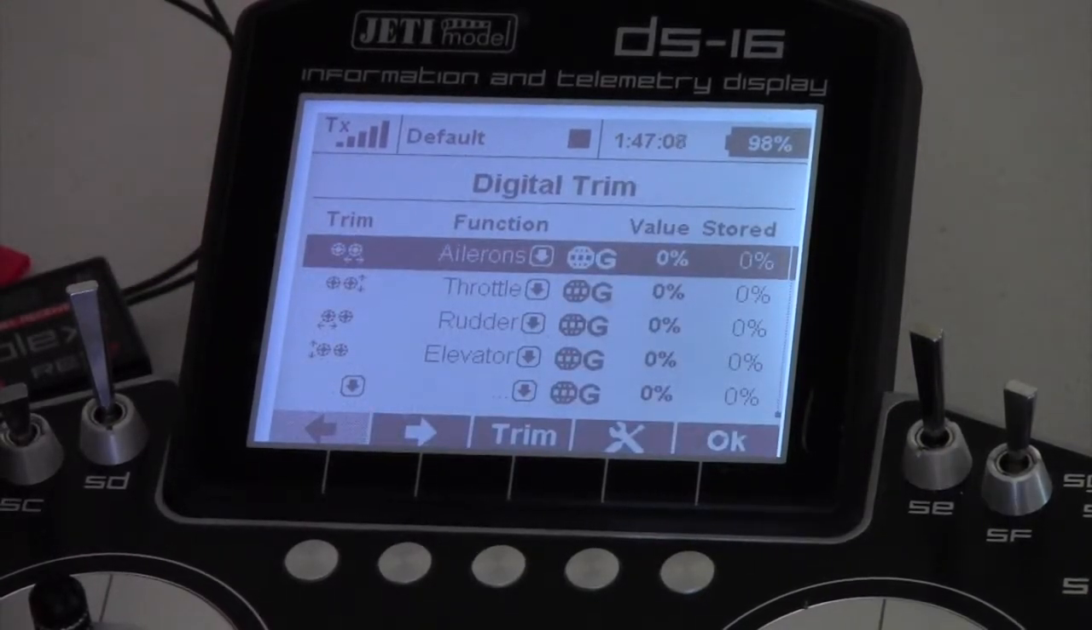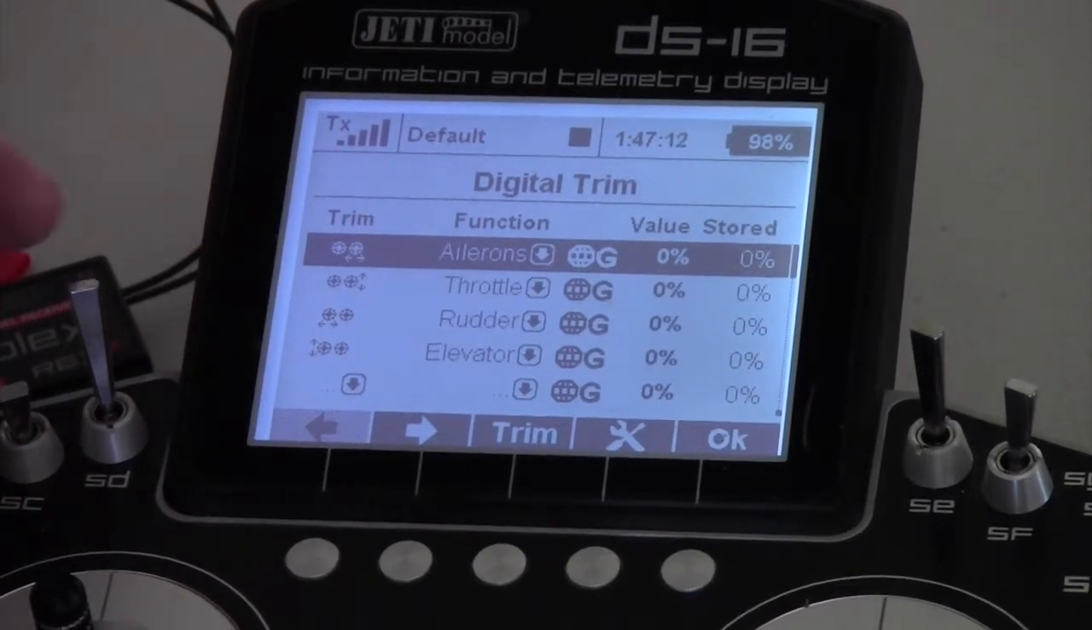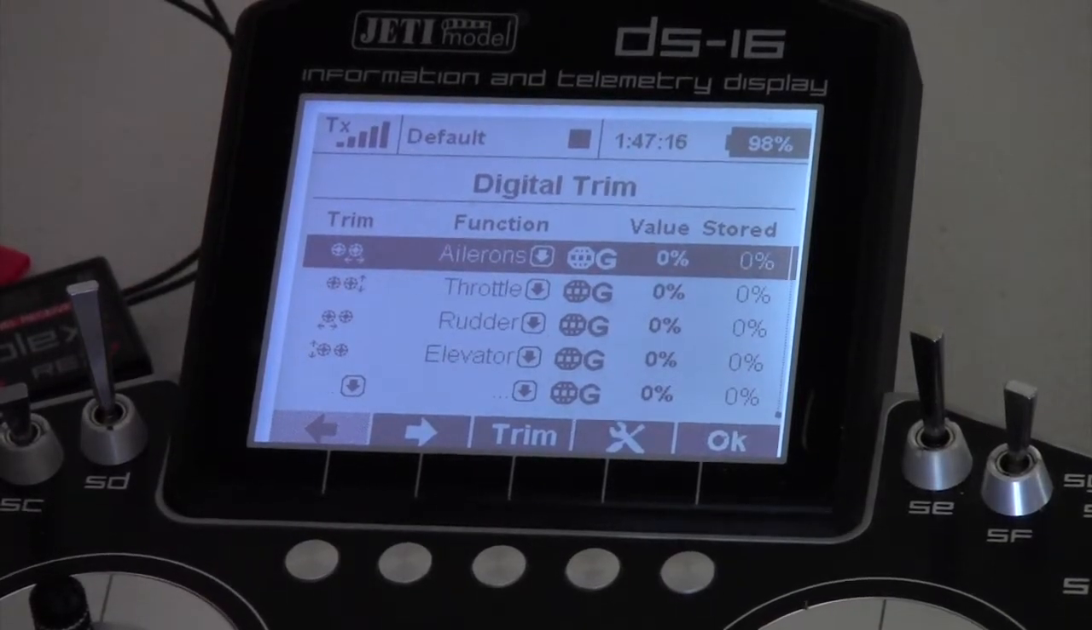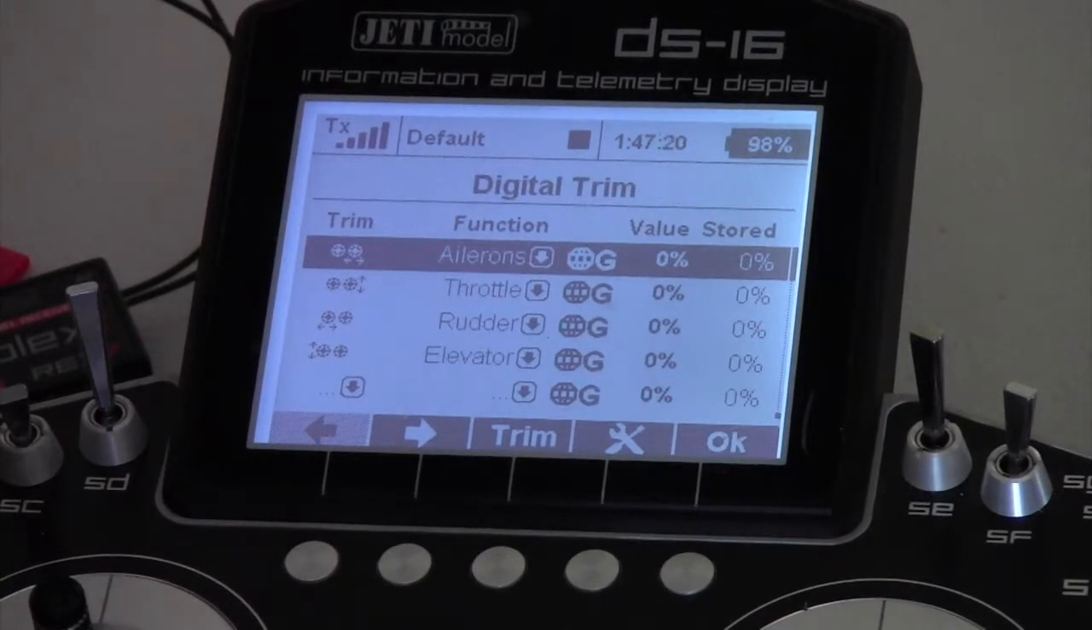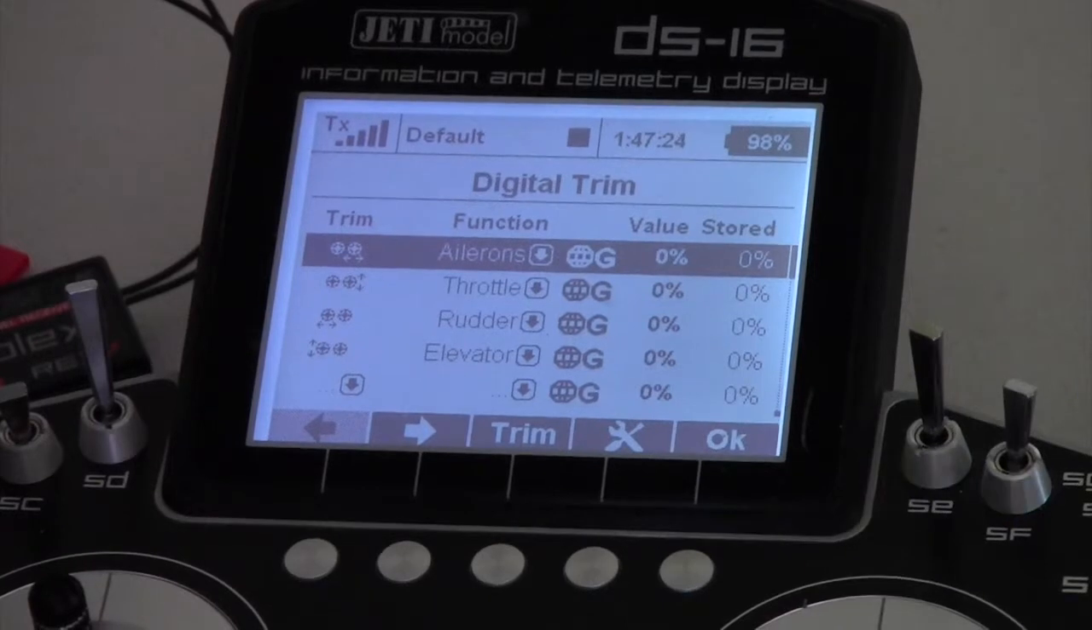So the digital trims can be assigned at the moment. We have them assigned on aileron, throttle, rudder and elevator as you normally would. Recently we had a situation where a chap was setting up a helicopter, and when it assigned the channels, we go back into